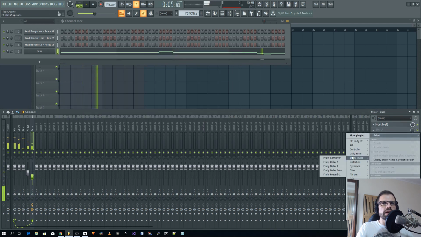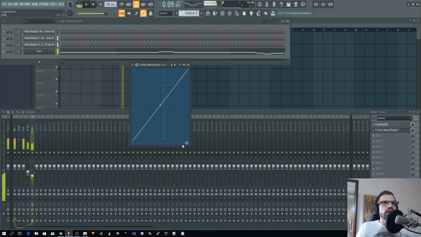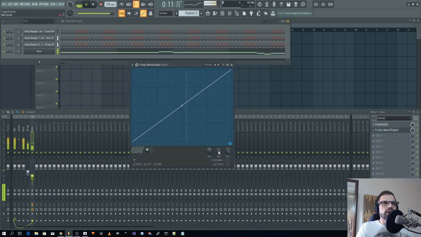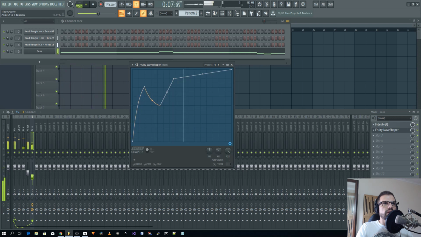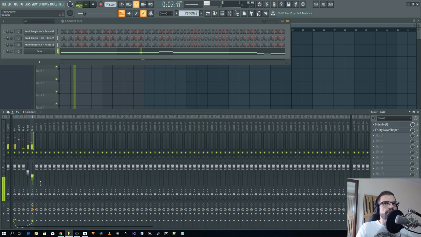Okay, so now we can add a little bit of distortion, so let's use Wave Shaper, and let's open up here and reduce the mix, and then add some points here. Okay, I like this. So we still have that attack noise, not noise, transient that I don't